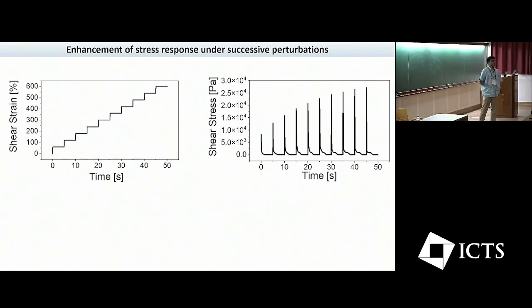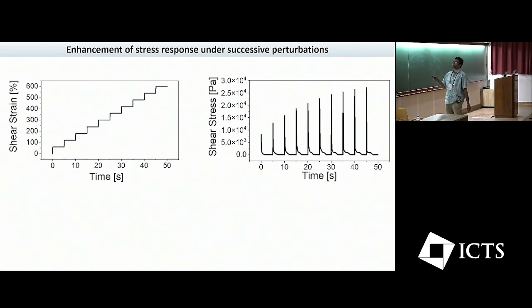Now this is what we find if we do this experiment in the lab. Please note that the time between these steps we varied over a large range. This is for 5 seconds, but we have waited for 10 minutes, 15 minutes, whereas stress relaxation takes just a few seconds. This data is very squeezed, but these are those steps. You get a rapid increase, and the stress relaxes to 0. Next step, you see an increase, it relaxes to 0. In all cases the stress relaxes to 0, but the peak systematically increases, which is counterintuitive.